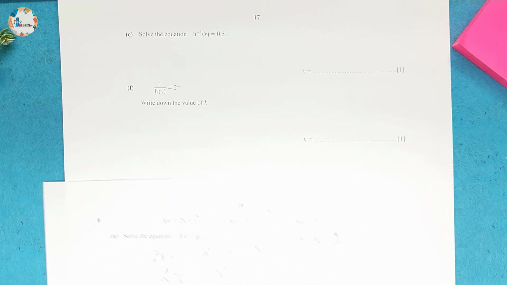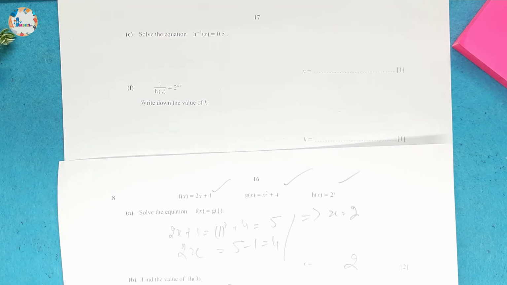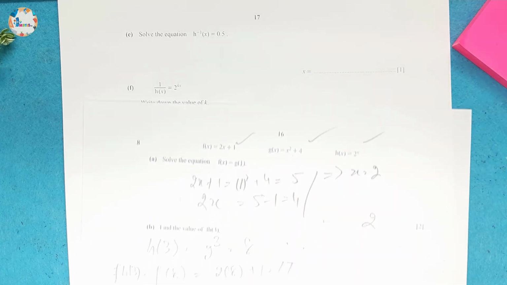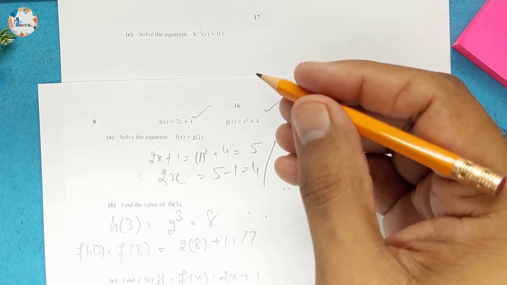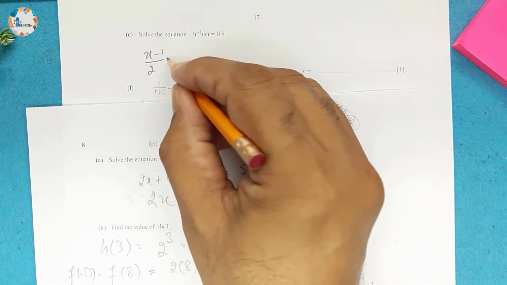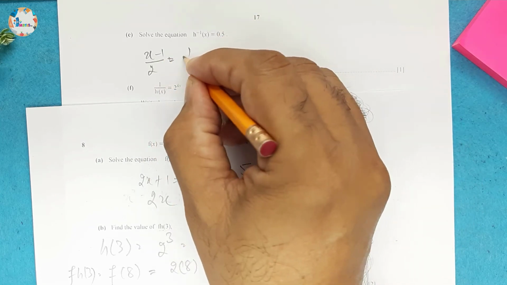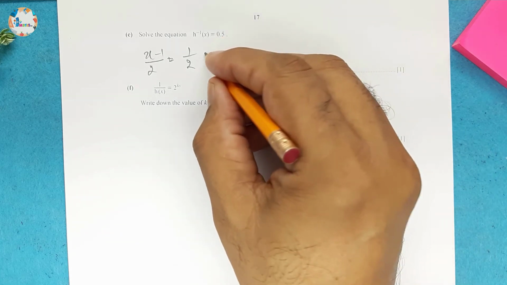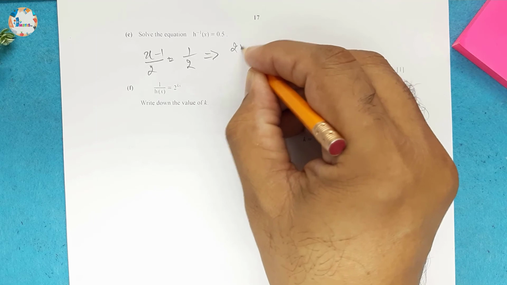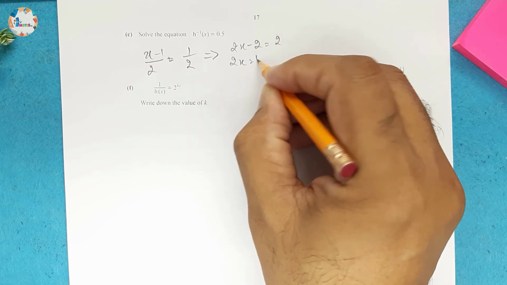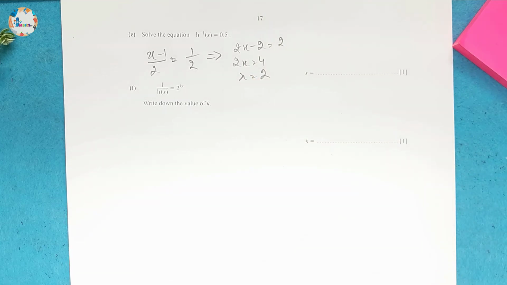Then solve this equation. F inverse of x is equal to 0.5. F inverse of x we already found in part C, and it is (x minus 1) over 2, which is equal to 1 by 2 or 0.5. Now we have to solve this equation, cross multiply, and we can write 2x minus 2 is equal to 2. So 2x is equal to 4. So x is equal to